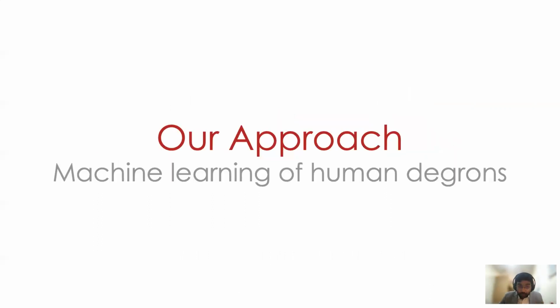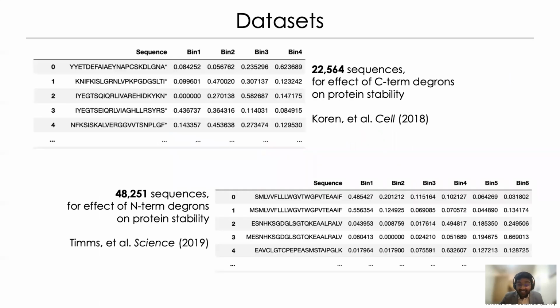Now, moving on to our approach, what we try to do here is learn how these peptides are being presented to the immune cells in general. And that is by machine learning of human degrons. At first, we start with two distinct datasets from the works of Steve Elledge, which I shared earlier, with modifications at the C term. If you note sequences 2 and 3 here, the entire sequence is similar except the last two amino acids, where it is changed from KN to RS.